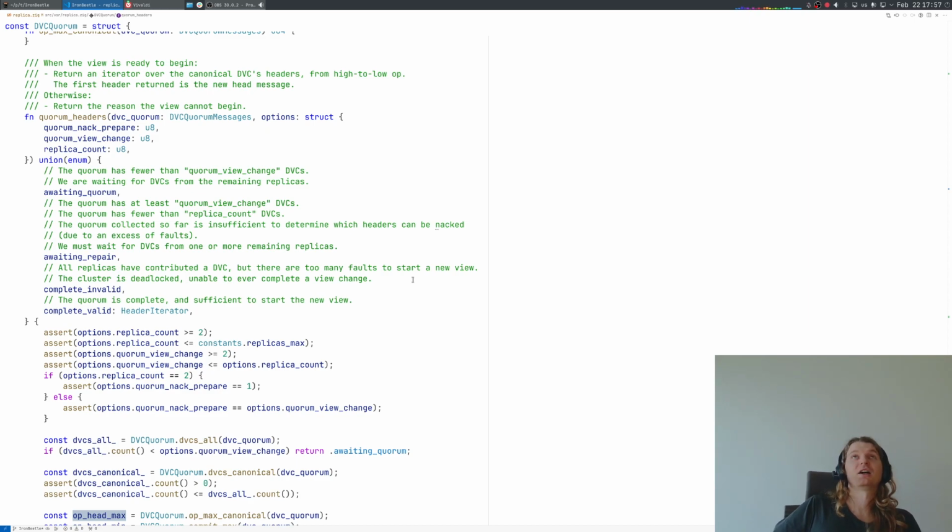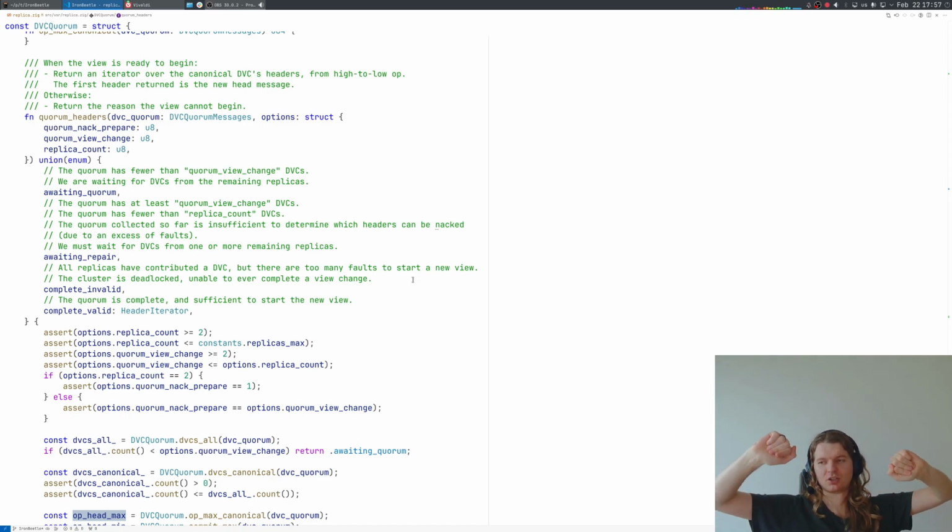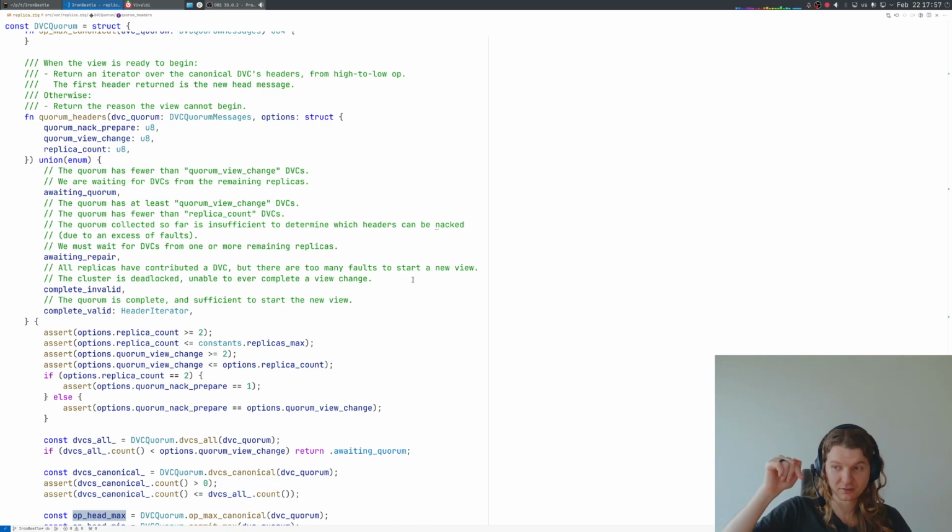And again, the idea is that when replicas want to change view, they collect all the headers they have locally and send those headers as a DoViewChange message to the replica which should become primary in the next view. This prospective primary collects DVCs, DoViewChange messages, from all peers. And looking at this set of messages, it needs to determine the head of the view which it is about to start. And how do you detect the head? Well,